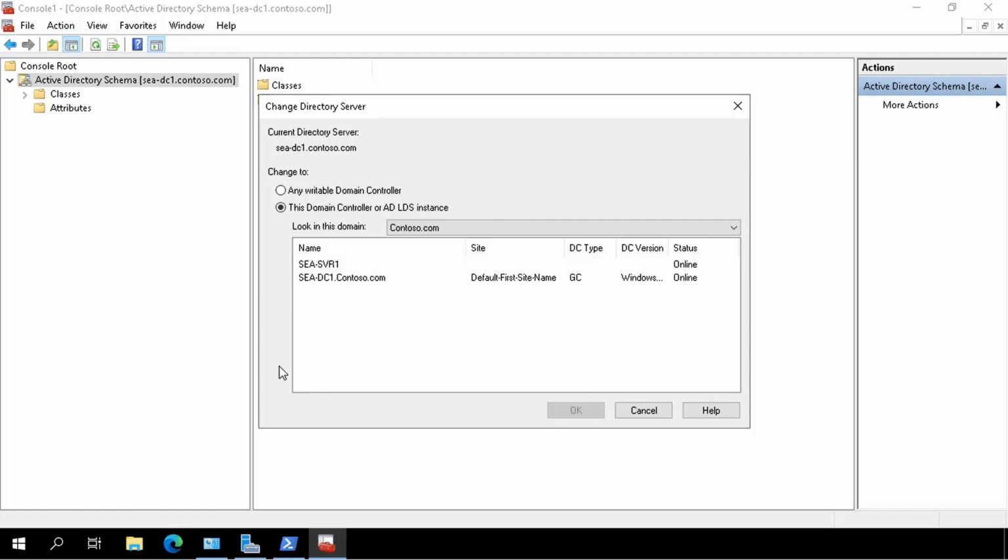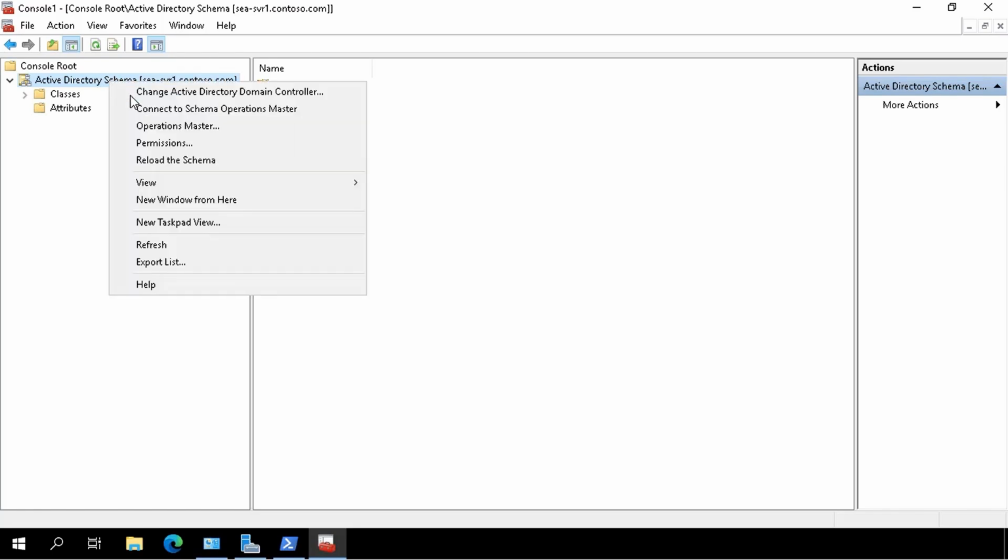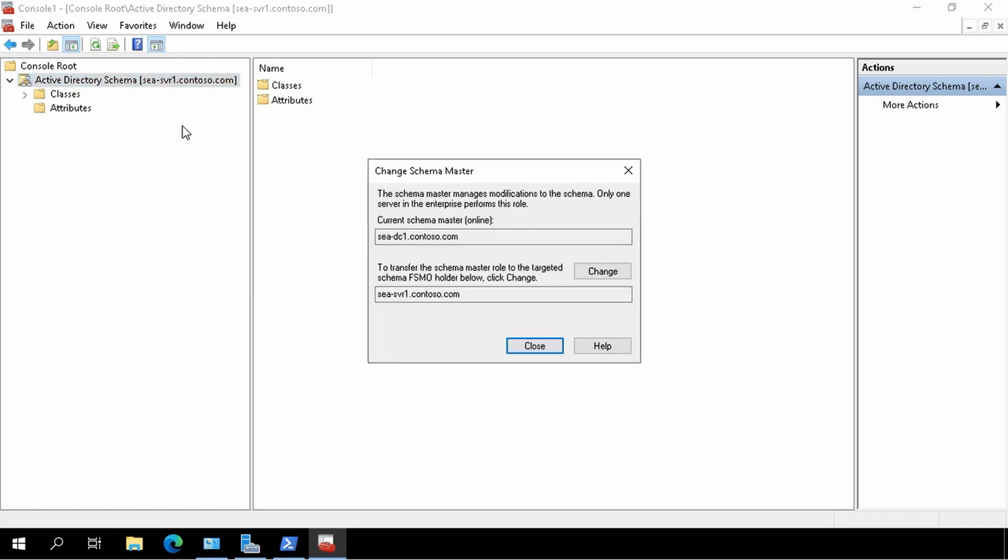It resolves that server. I select it. I click OK. Now, the reason I'm doing this is that I need to connect to the server that I wish to transfer the role to make this transfer operation. So now that I've connected to SEA SVR1, I can right-click on Active Directory Schema, select Operations Master, and I